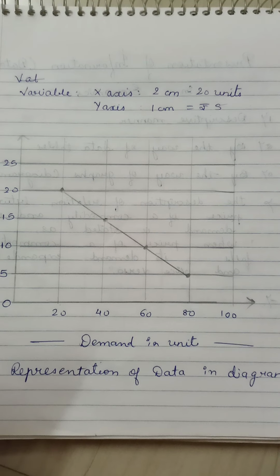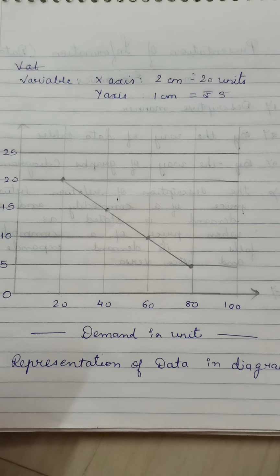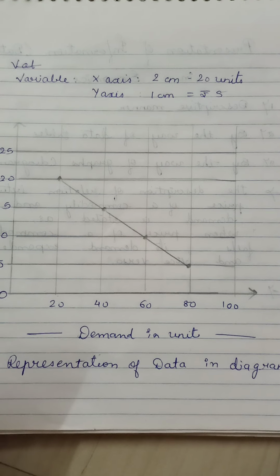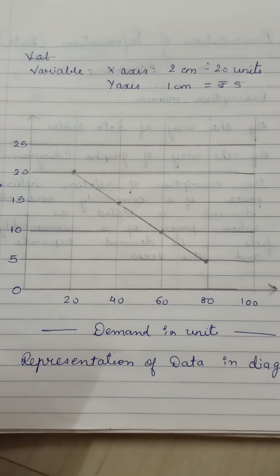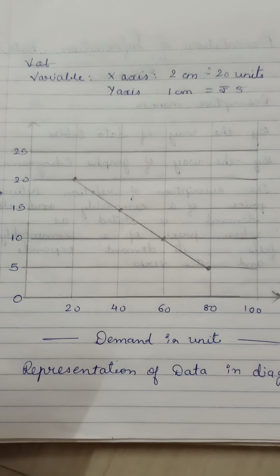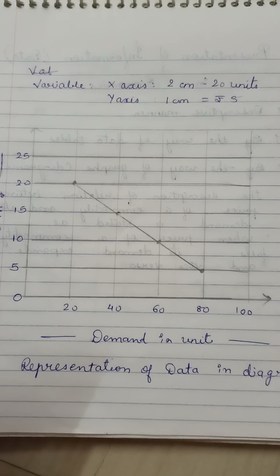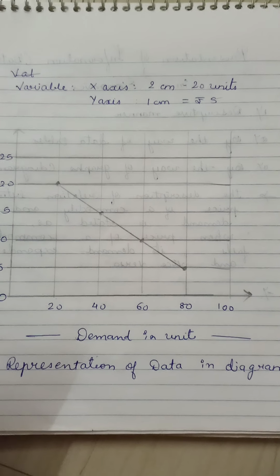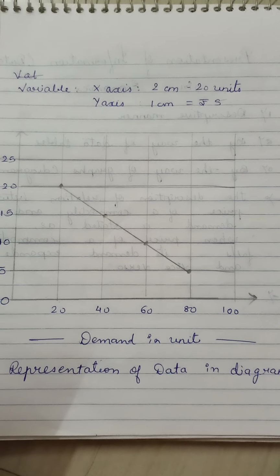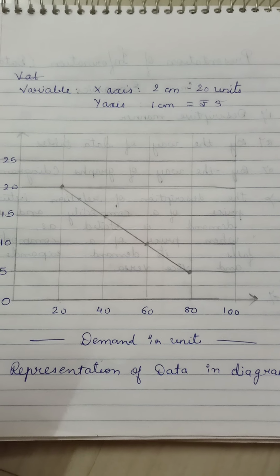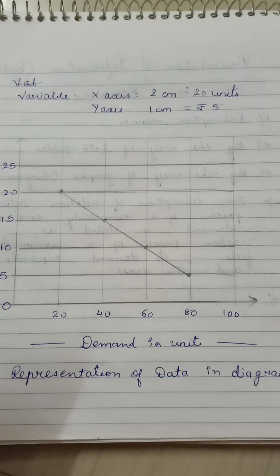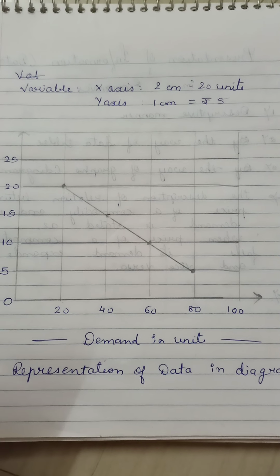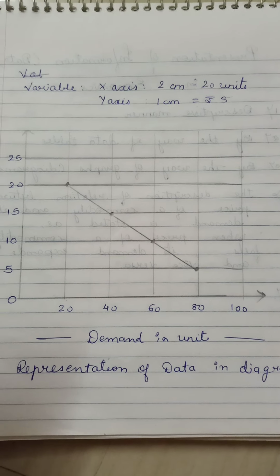This one is the last presentation of information of data in economics. First we have seen the descriptive manner, second by way of the data table, and this one is the last one, that is, by way of graphs and diagrams. So you can easily find out the price and the demand of a particular commodity by these three methods. And now the last one is the graph. I have already drawn it over here.